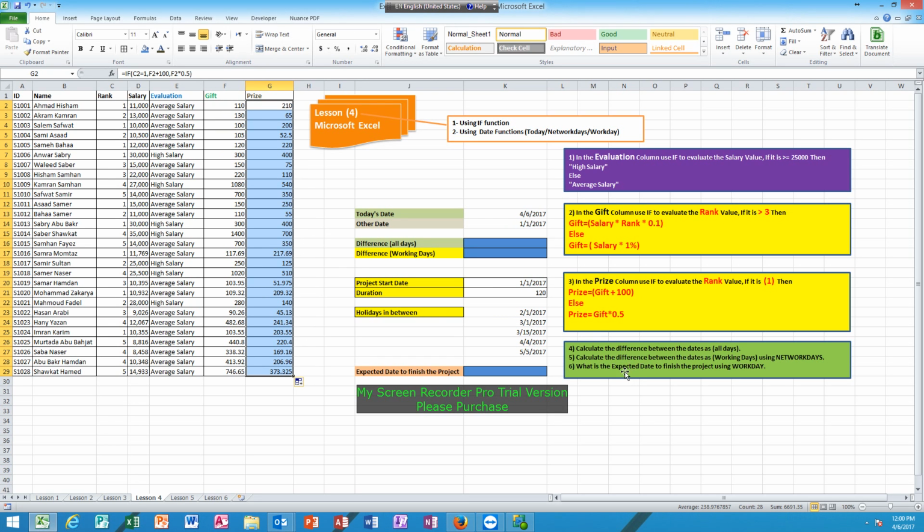Now let us go to number 4. Calculate the difference between the dates as all days. Well, first you have to understand that Microsoft Excel is treating dates as numbers. What does this mean? This means simply that